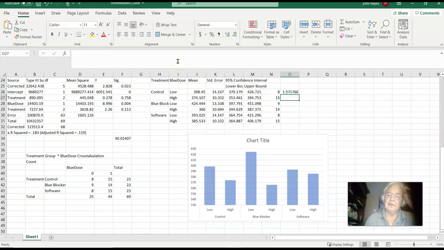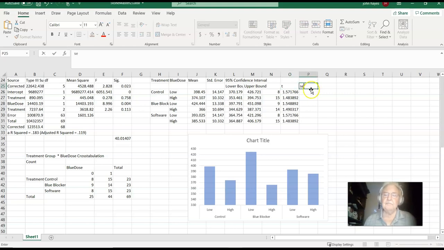Yeah, okay, I don't know what happened there, but that's correct. And so now we have adjusted our t's. Now we have to do the same thing. That's the t. Then we have the standard error. And that equals